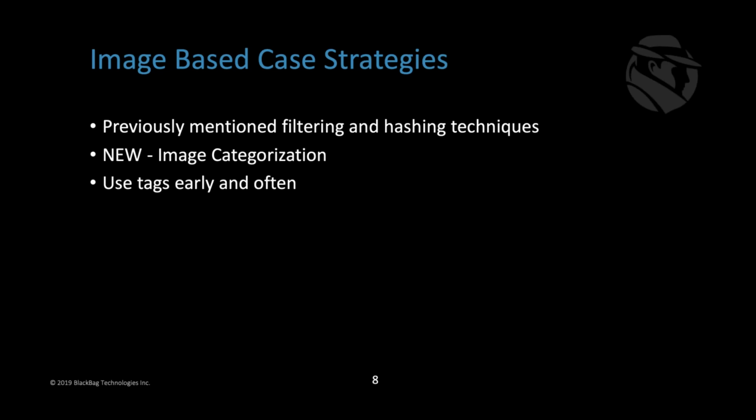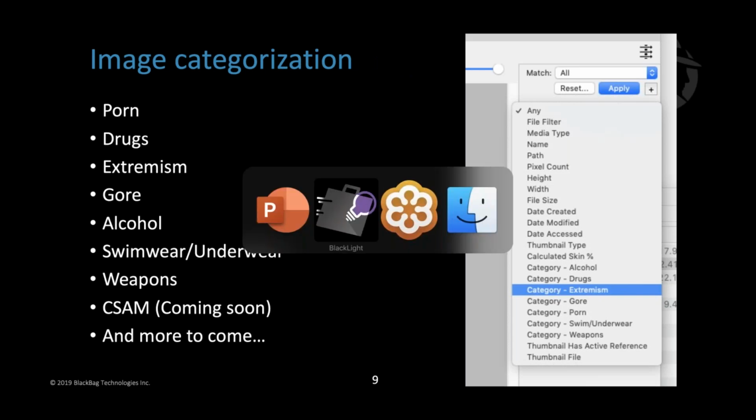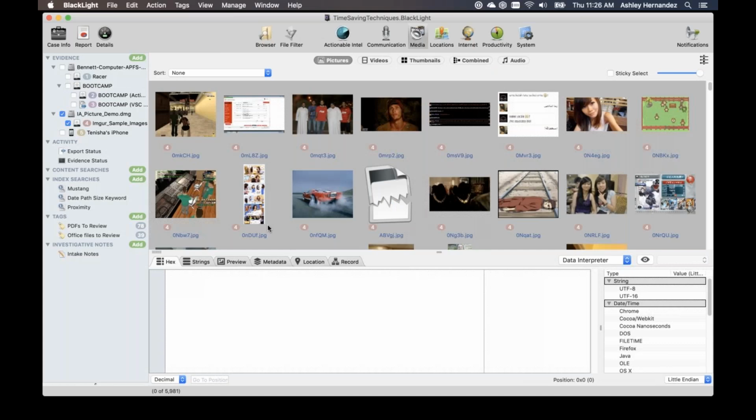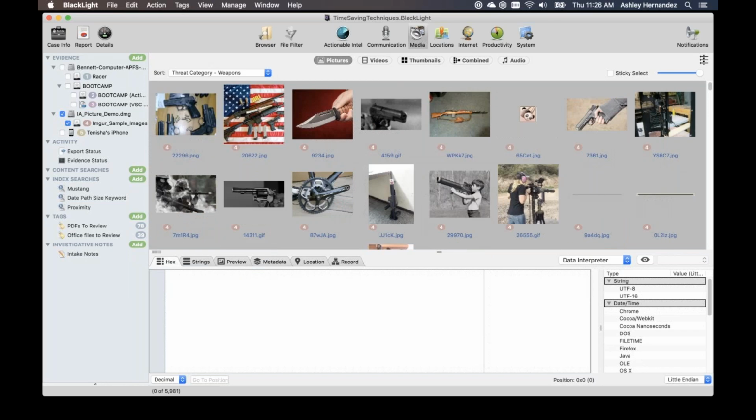I'll show you as well. I think I have them listed here. So you can see that we have all of these different categories available, as well as CSAM coming soon. And you can select them from this dropdown. So I'm going to sort by weapons first. And then I could choose to